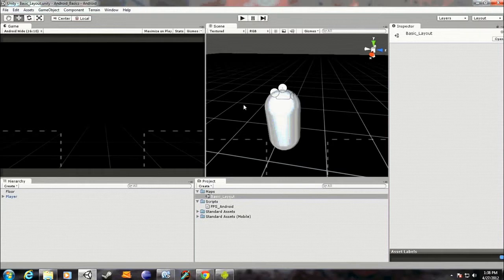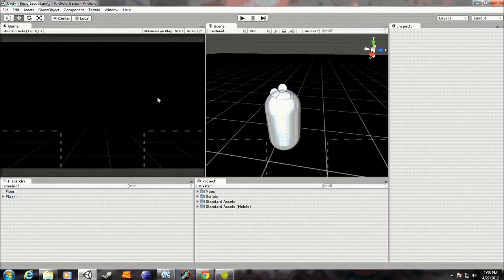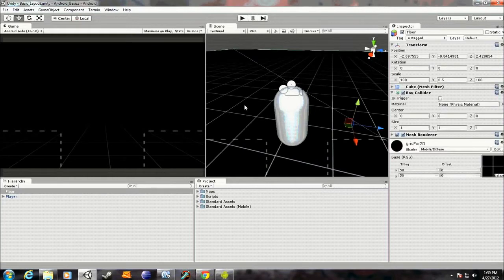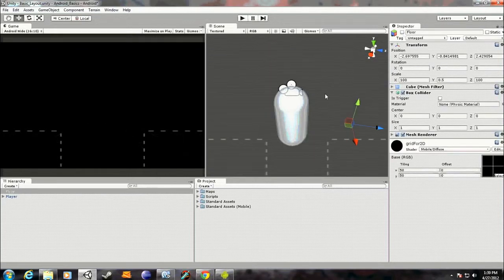So, what we're going to do today is I'm going to teach you the basics of terrain and maybe instantiating something, but I'll go into that later. We can just hide this terrain by clicking on it, and then you see this button here, you unselect that. So you just have that. So you want to go create new terrain,